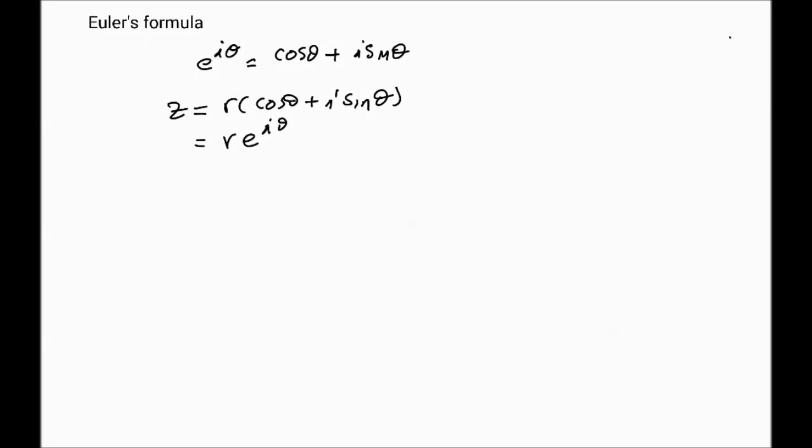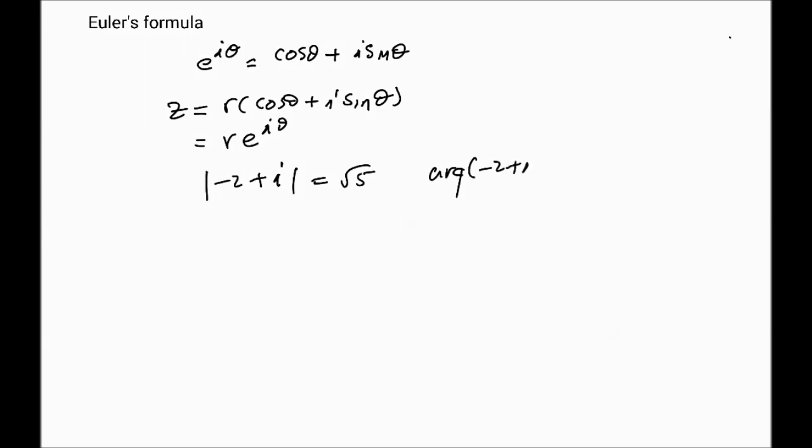So all that we know about the exponential function can be used here to work with complex numbers. In order to express any complex number in this form, we have to find its argument and modulus, and then substitute them in. So, for instance, if we had minus 2 plus i, the modulus of minus 2 plus i is 4 plus 1, 5, so it's square root 5, and the argument